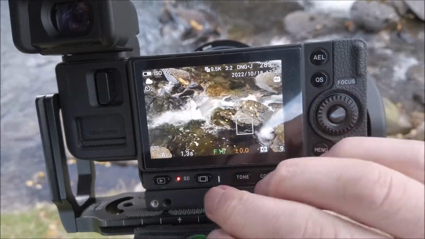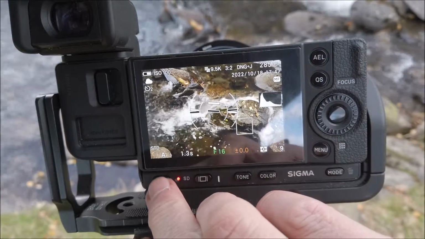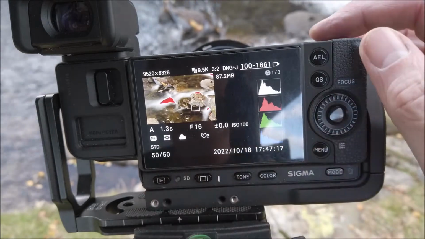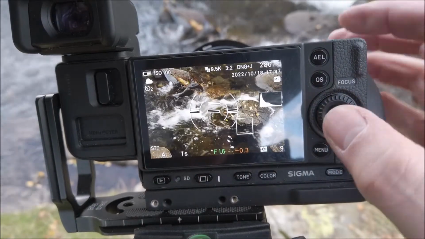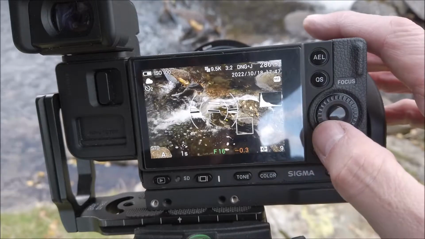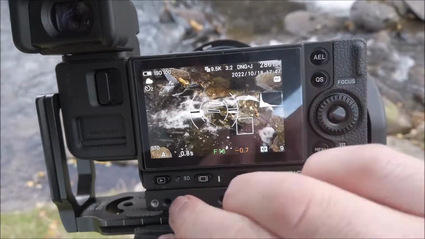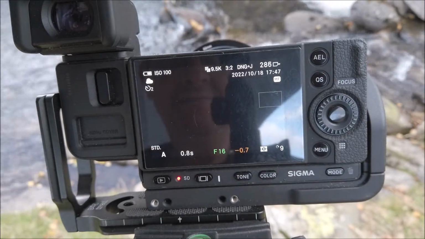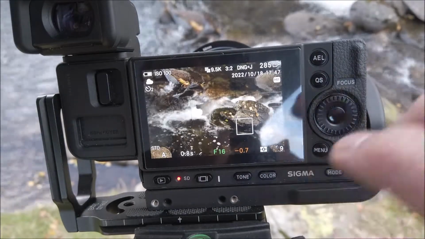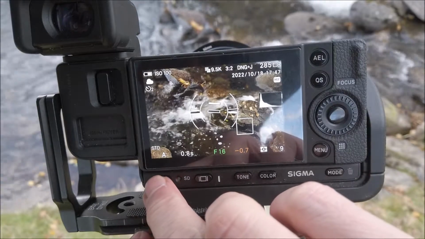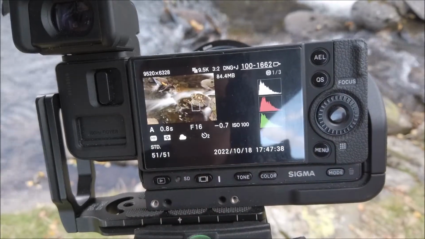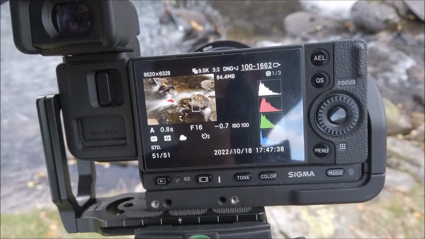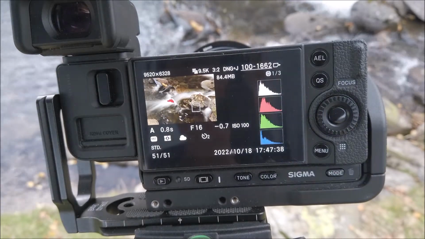There we go. Let's just have a quick look at the back of the camera. Oh, got some blinkies. Okay, let's pull. Oh yes, in fact I can see it on the histogram. There we go, pull it back a bit. So we'll do another one. There we go, a little bit faster. Yep, still got a couple of blinkies, but nothing major. I can cope with that in software.